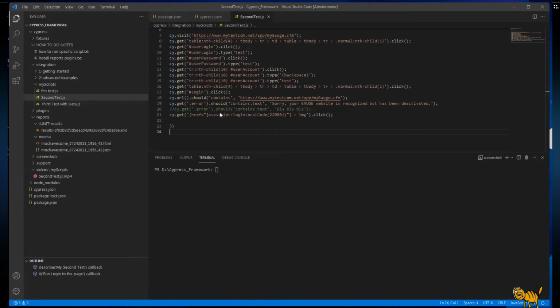So now we are doing some assertion in our script, and now the script passes. So, interesting, what's going to happen if the script fails? How is the system going to behave? In order to do that, I'm going to comment out our assertion, because we are